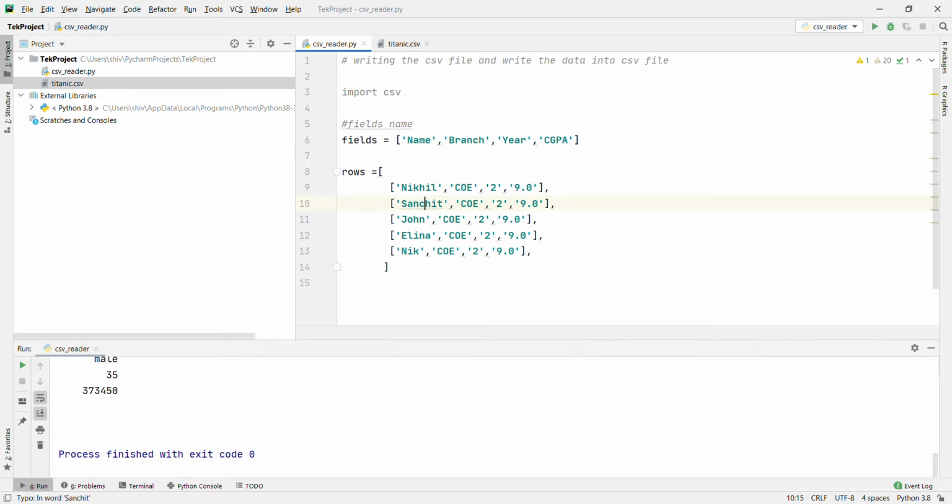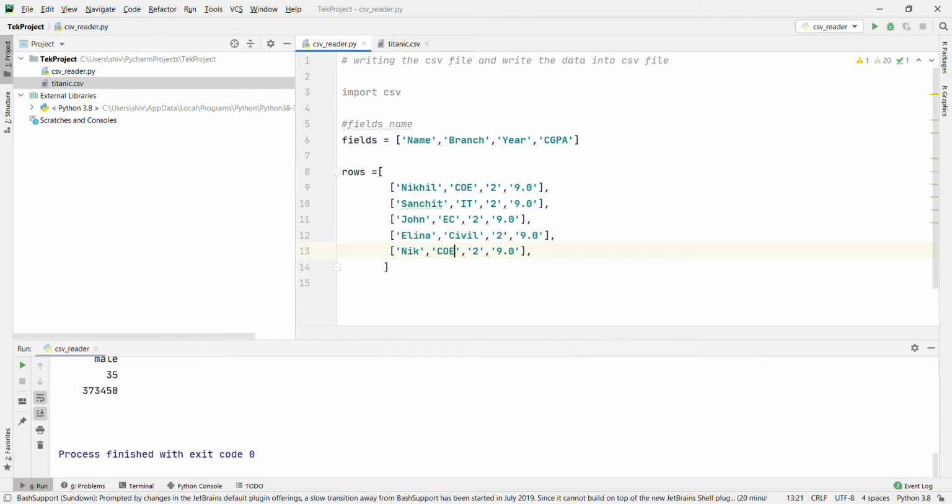Okay, now we are going to change COE, IT, EC, civil, mechanical, third year, fourth year, first year, third year, 9.0, 8.9, 7.6, 5.6, 9.6. Okay, this is basically the rows we are going to add into the CSV file.